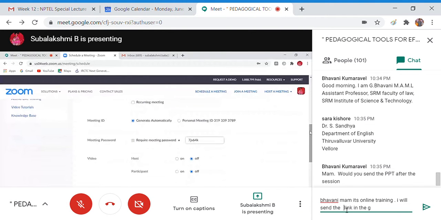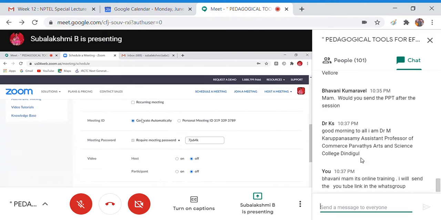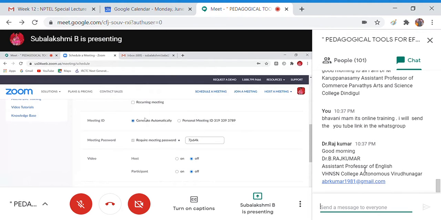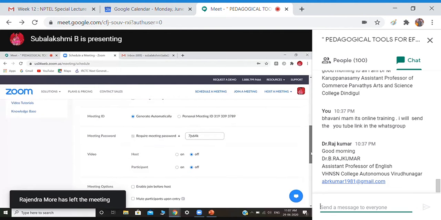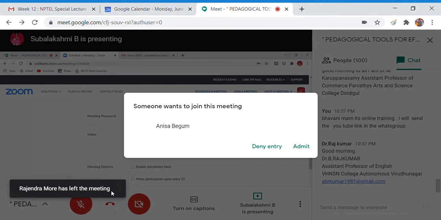And next you can see the option here, meeting ID. As I have told you, you can use 2 meeting IDs. Either you can go for your personal meeting ID, which the Zoom account has assigned to you. It is going to be a permanent ID, or you can use an automatically generated ID. So for every meeting, a separate ID will be assigned. For secure purposes, we can use this. And then we have the meeting password, which is needed for participants in order to join the meeting.